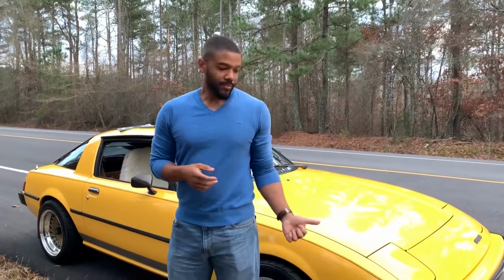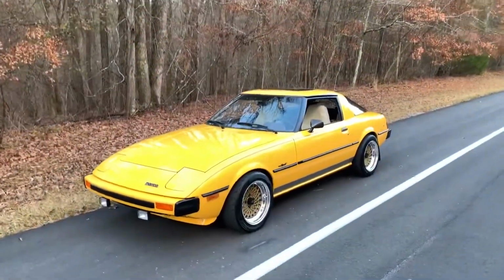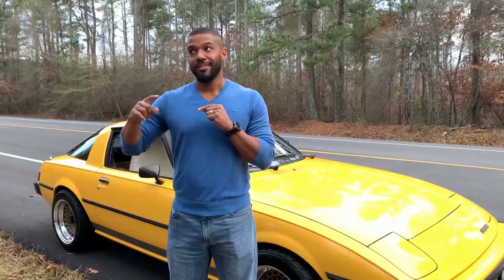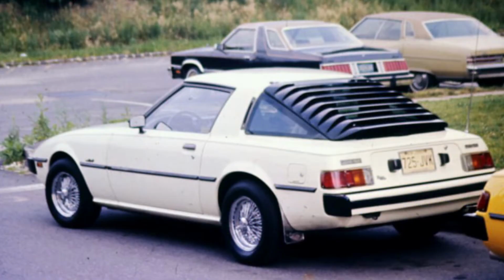So I got into RX7s. I guess you could say it's kind of in my blood. My parents had two original RX7s from the first shipment of RX7s to America. So my mom got hers first. They were on a waiting list, and this is back in like